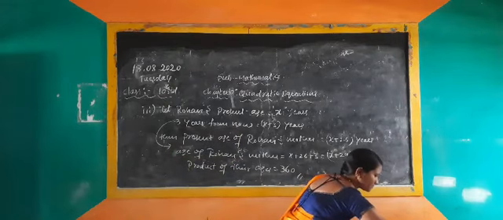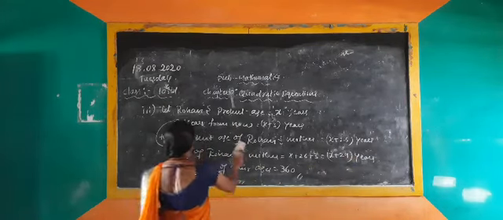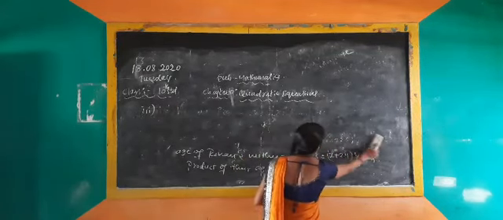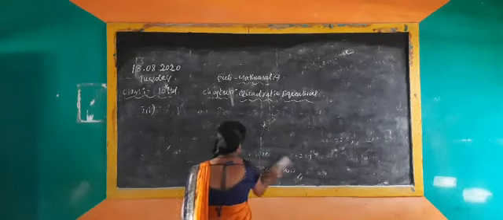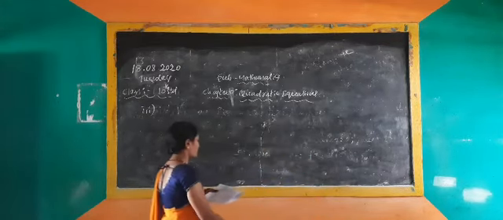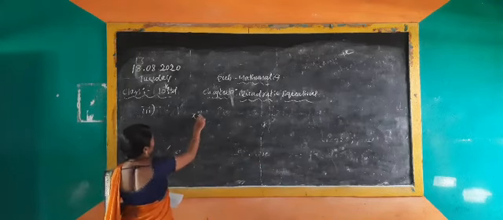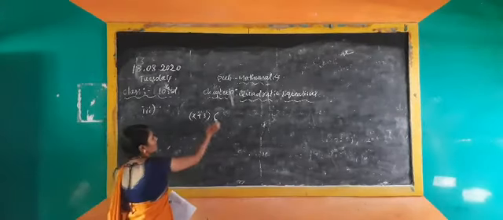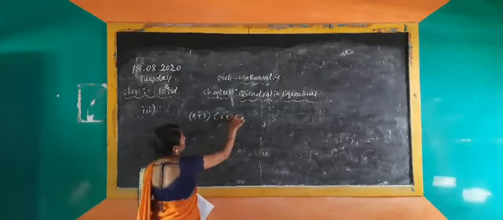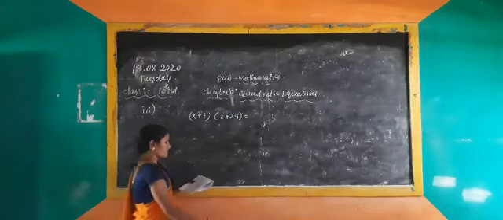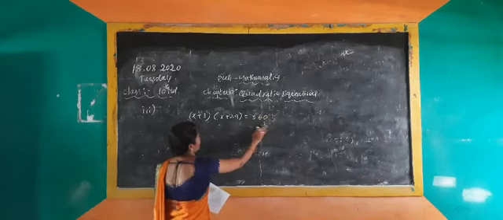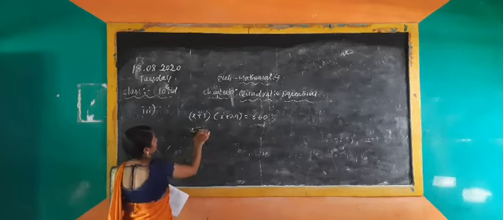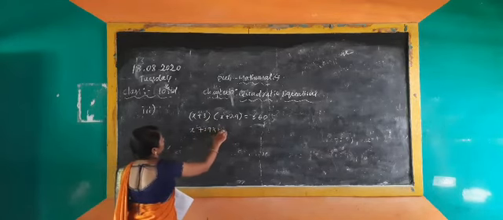Next, solve. These all ages we can take and solve. Here Rohan's age will be x plus 3, and the product they said, that's why I am doing multiplication, and Rohan's mother is x plus 29. Here the product of their ages is given as 360. Now do the general calculation: x into x is x square, x into 29 is 29x, x into 3 is 3x.